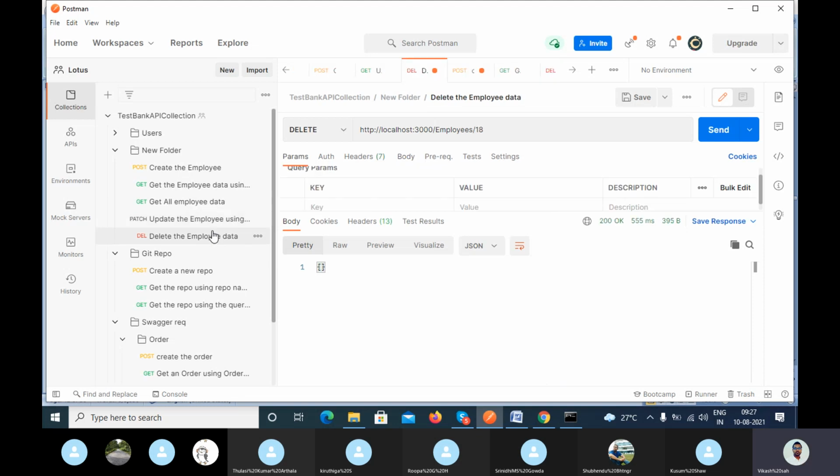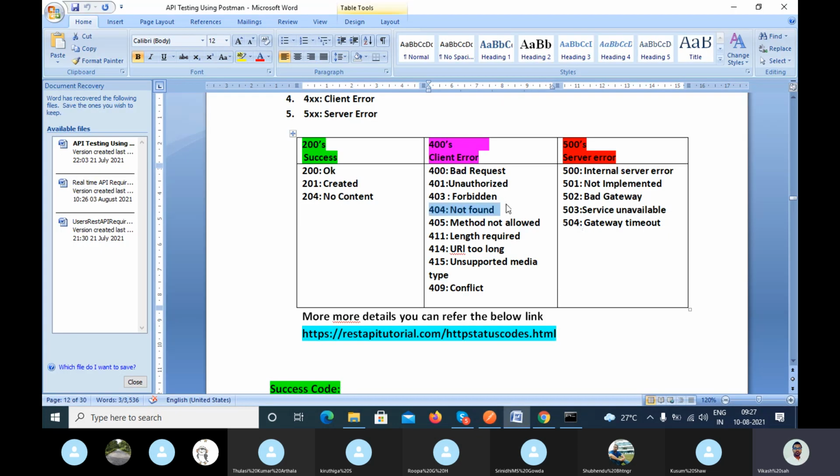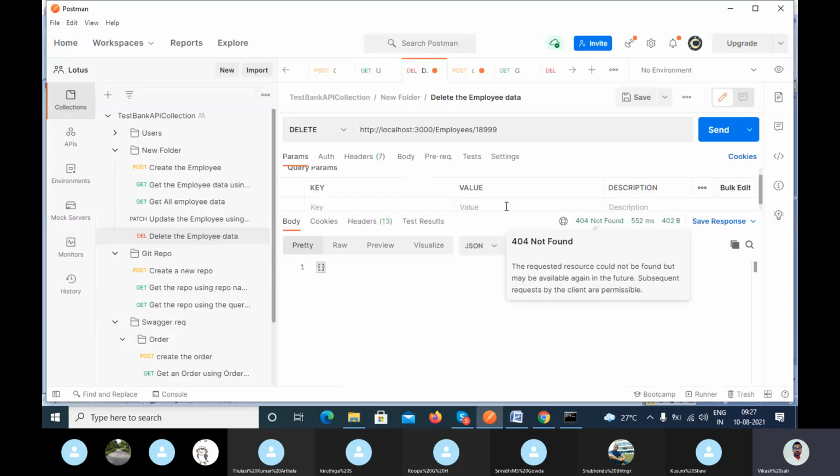Same thing with delete also. If it is valid data, the data will get deleted successfully and you will get a 200 successful response. If the data does not exist, then you will get the not found error. So whenever you are trying to search for anything that does not exist in your server, you will get 404 not found.